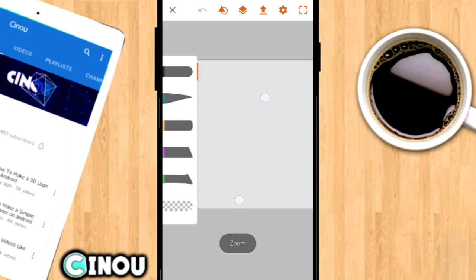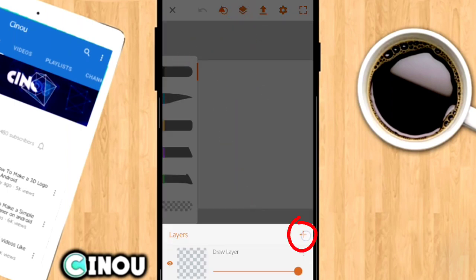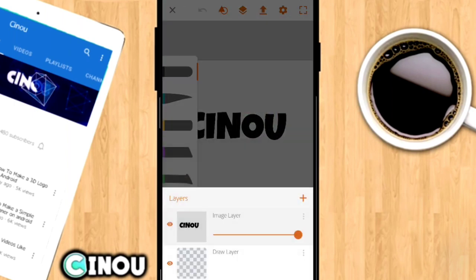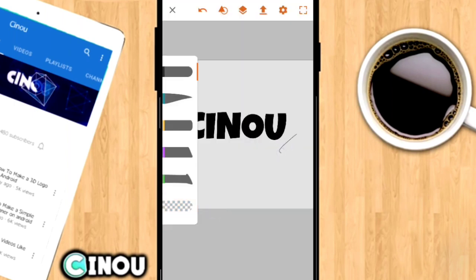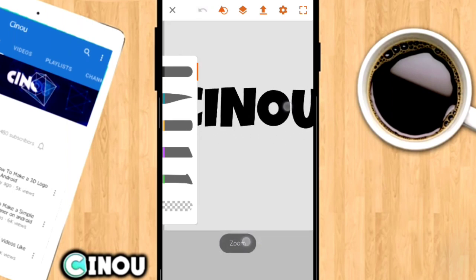Now go ahead and hit on this layers button right over here, which is going to allow you to add any kind of thing to your project. Hit this plus button and hit on gallery, and it's going to allow you to just literally choose anything from your gallery. So choose this text that we created using Phonto. Once you guys are done with this, go ahead and zoom in right over here, and now